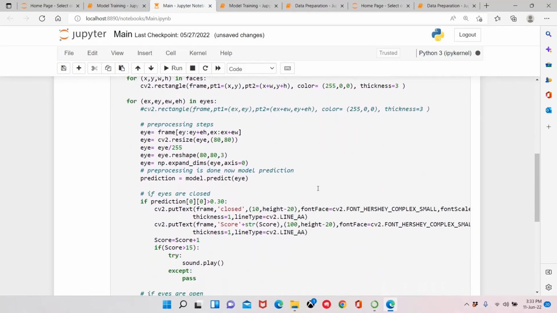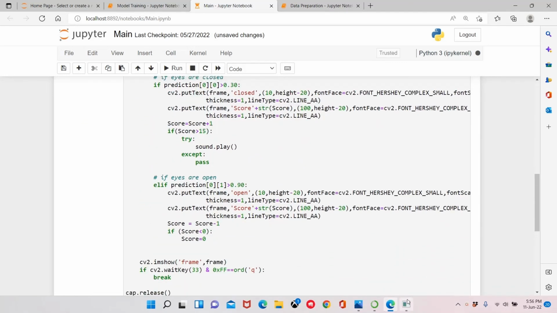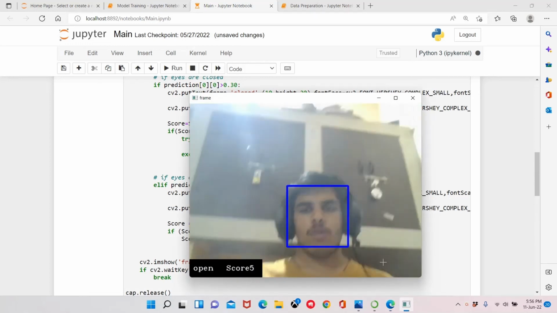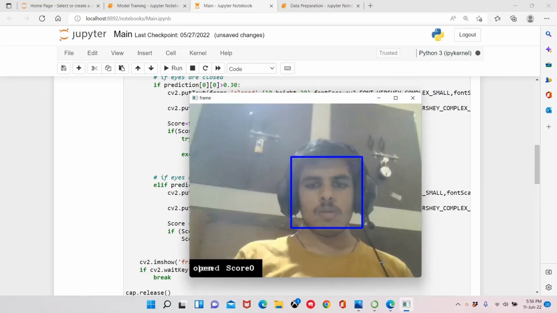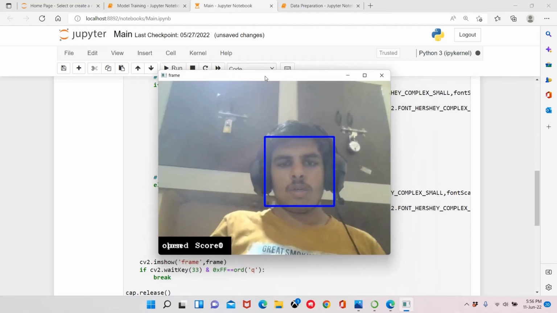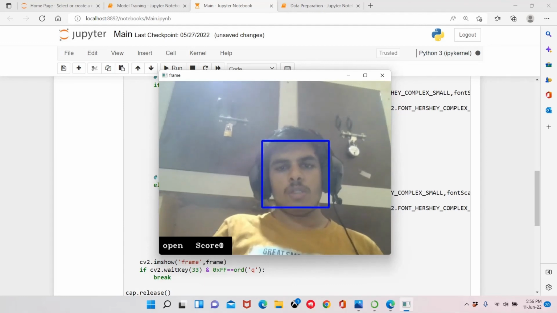Here we can see a new window is opened. Here the open score and closed score are mentioned. Now the open score is initially 0.